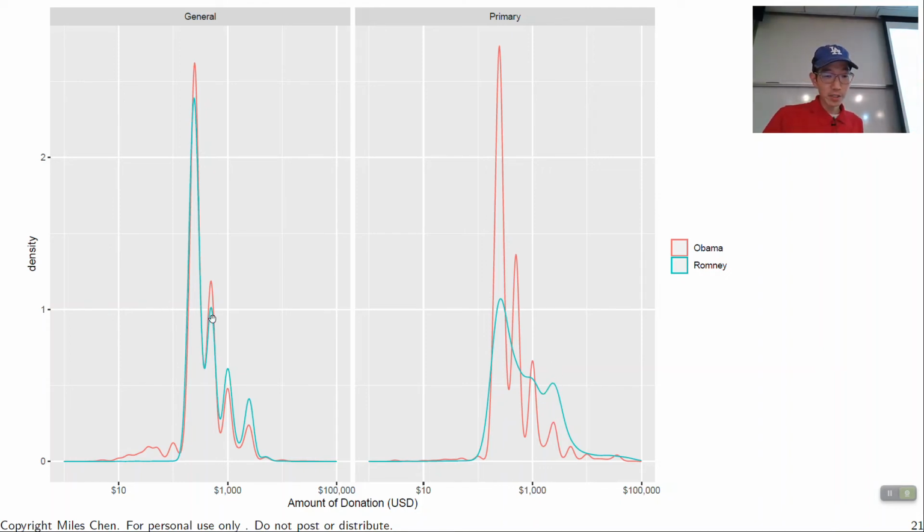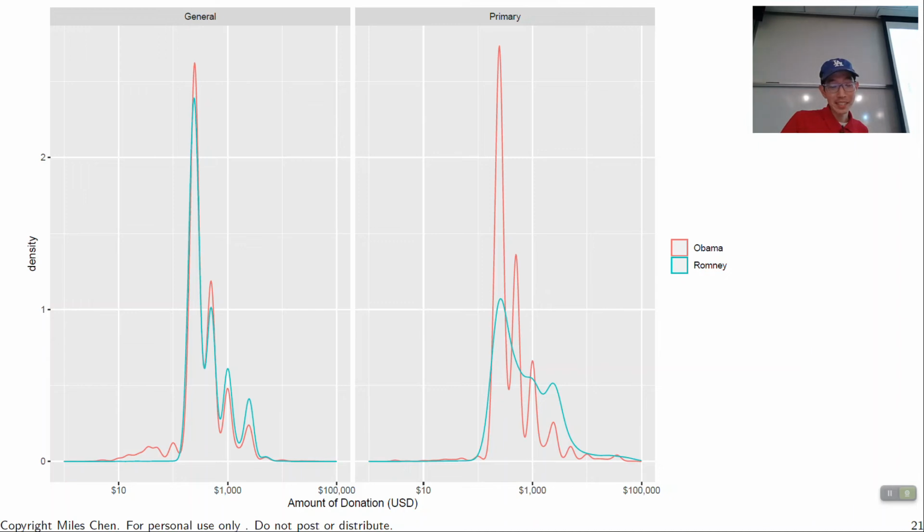During the general phase, these two lines are very, very similar. They're not exactly the same. You do still see a larger bump for Romney versus Obama here, but these peaks and these trends are very similar during the general election phase. Although you do see there is a spike for $100 and spikes for I guess 50 or whatever for these candidates. Why does it look like almost nobody donated under $100 to Romney?